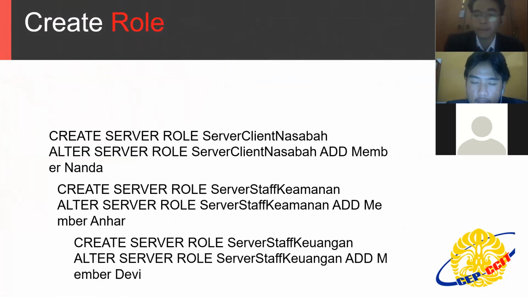Because after the create server role, he must input the outer server role, server client nasabah, add the member Nanda. Maybe it's the max for the group client nasabah, max for the group of client staff keamanan, staff keuangan, or staff cabang.